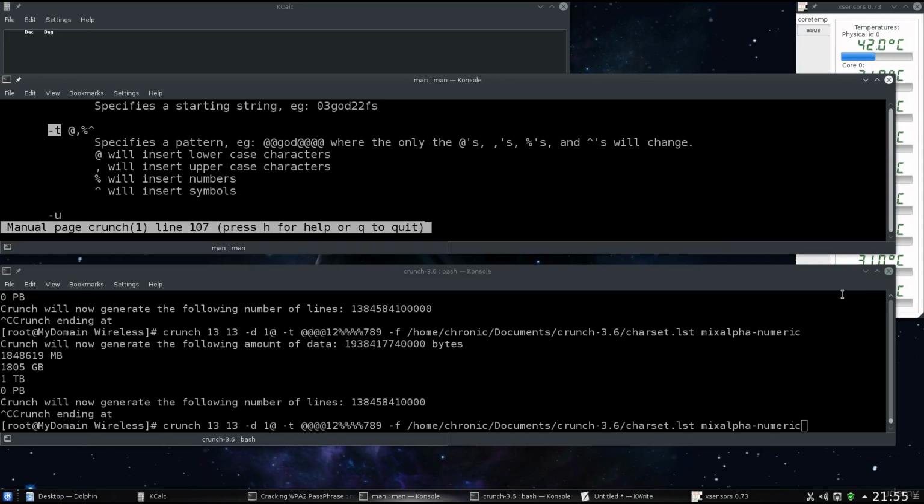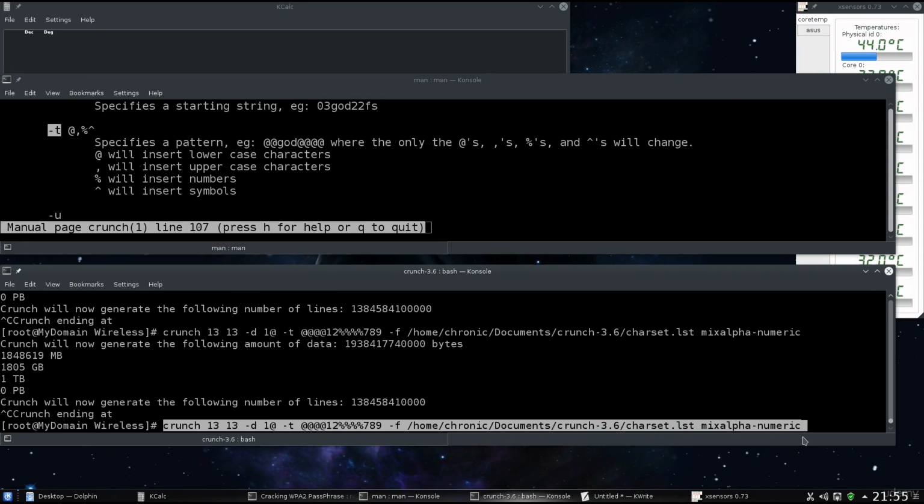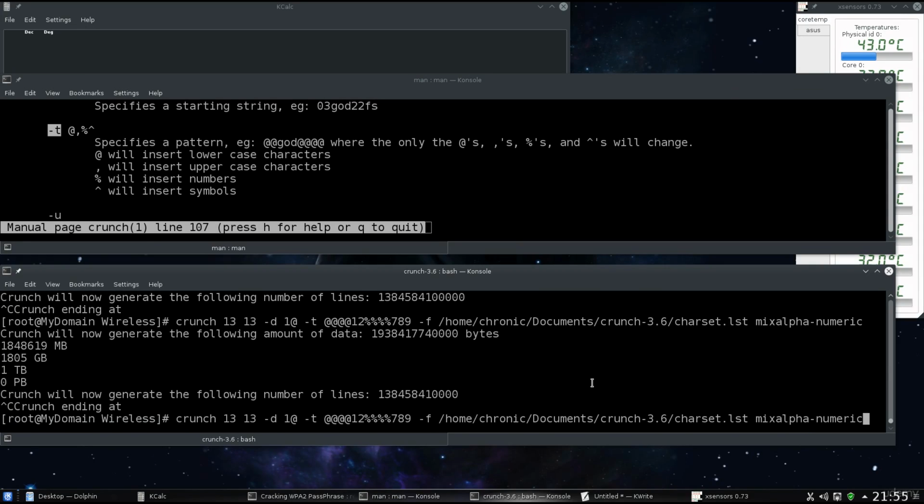Okay, so welcome back. Just so you know, this is just crunch; we're not still using aircrack in combination with it. Crunch can be used to generate password lists for all sorts of things: for web logins, for app logins, for whatever. And you might think, oh, well, that's not something that's in the realm of possibility,